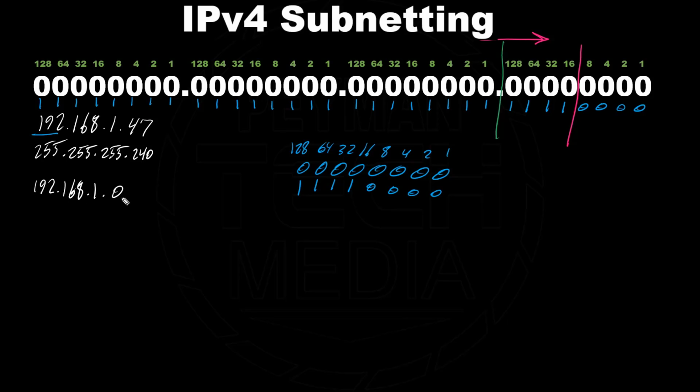When we talk about zero network address, this is an example of zero network address. Okay, so what we need to do next, looking at these bits, the last bit that is turned on, what is the decimal value for the last bit that is turned on? In this case, this one is the last bit turned on, so the decimal value is 16. This is our network increment. On what octet? We are working on the last octet. The cut line here is on the last octet, network increment 16 on the last octet. So here, this is our last octet. So we are incrementing by 16,